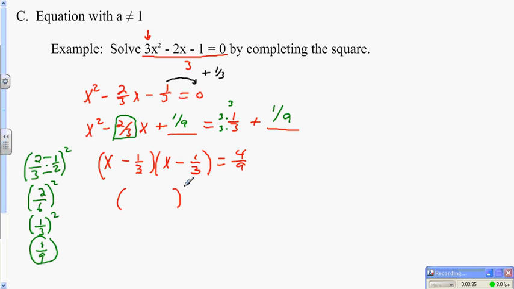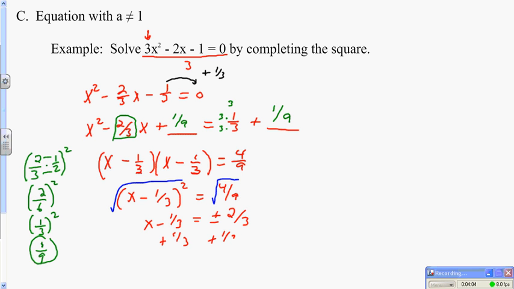Again, the benefit of completing the square is that we can go to this step easily, and we can square root. That will give us x minus 1/3 equals plus or minus root of 4/9. Root of 4 is 2, root of 9 is 3. Add 1/3 and x equals